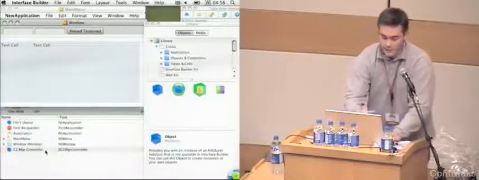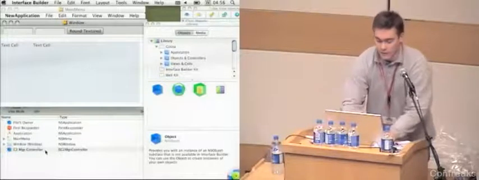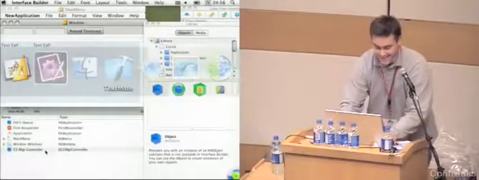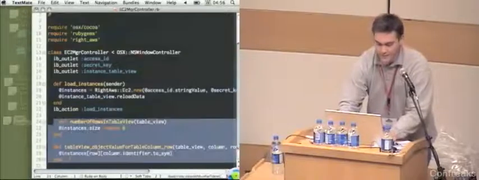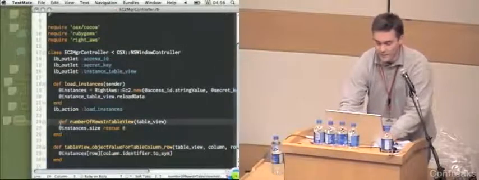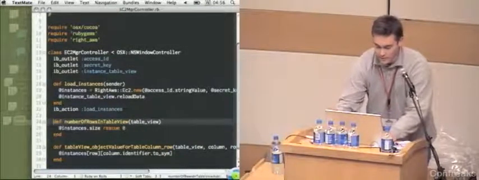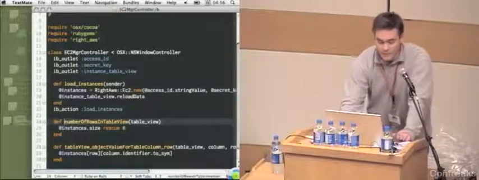So now it's going to ask the instance of the controller for these two default methods, so we're basically implementing this interface for number of rows in table view,